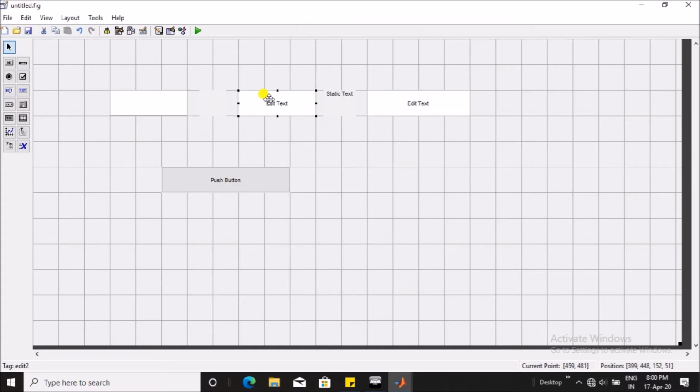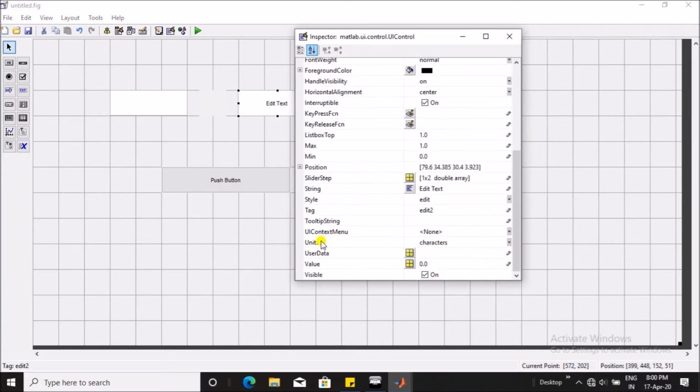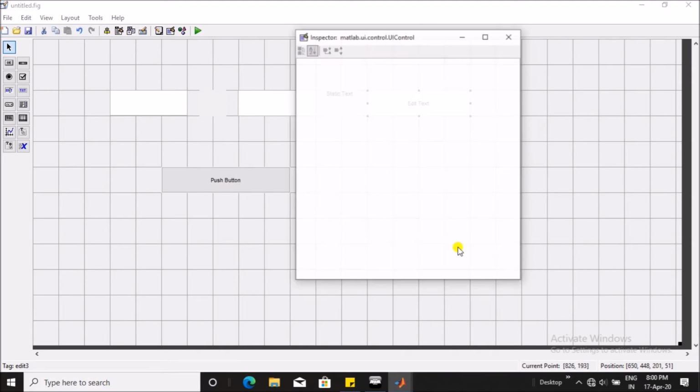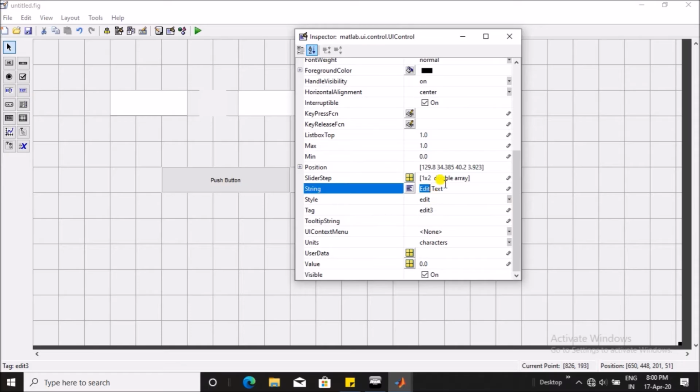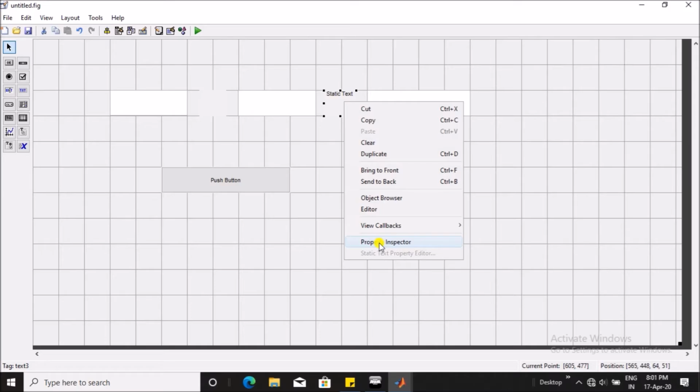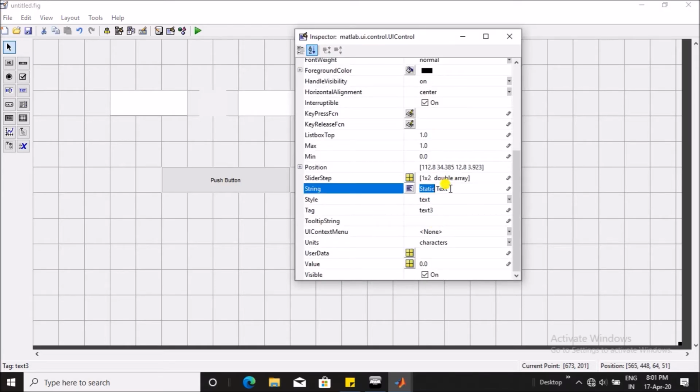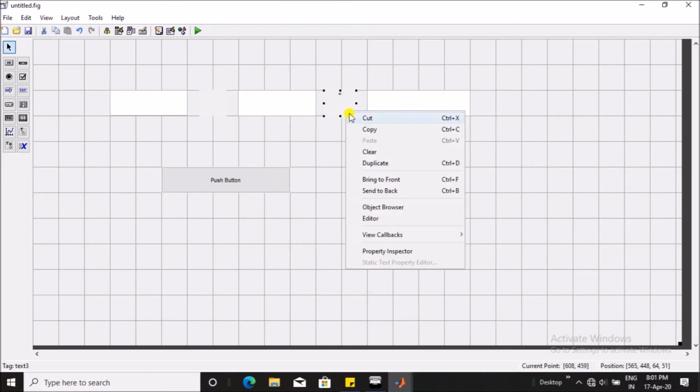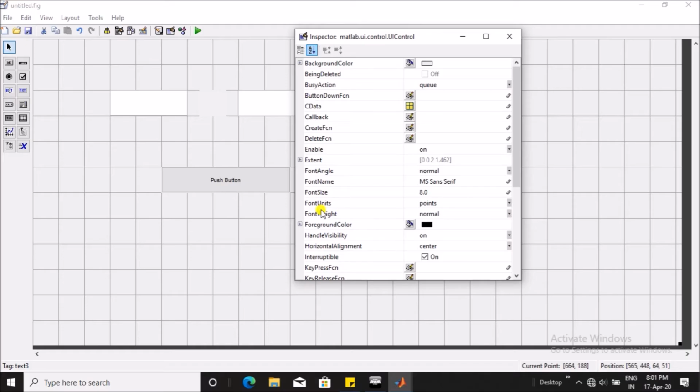Till the time I change the properties, let's talk about what we are doing here. The edit text boxes that are in white are used to enter the input by the user. So we will be using the first and the second edit text box to input our numbers and the third edit text box to display our answers. The static text boxes will be used to display the sign of the operation that we will be performing, and the button will help us to calculate the result. At first we will be simply calculating the addition of two numbers and displaying it in the third text box.